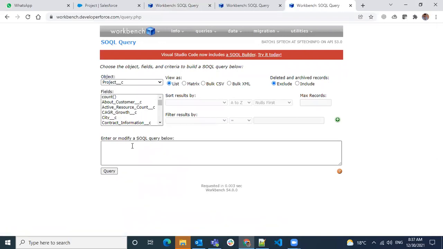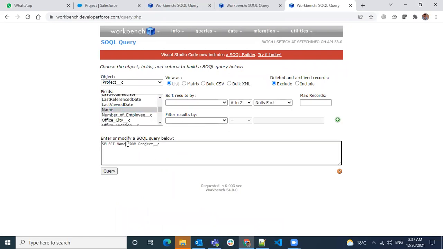Okay, I have a project. Now I have project name. Along with the project name, I want to query the records from resource as well. How can I do that? The first thing is I need to write one more query inside it. So I have to use these functional brackets. Inside it, again, I'm going to use one more query, a select name from. I have to give the object name.